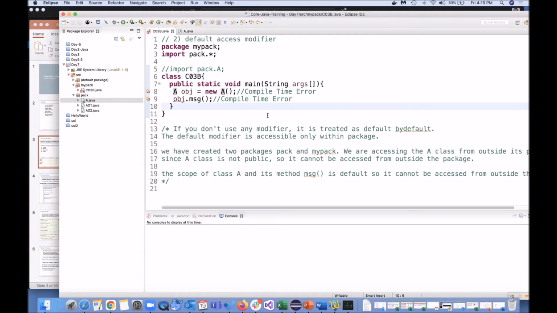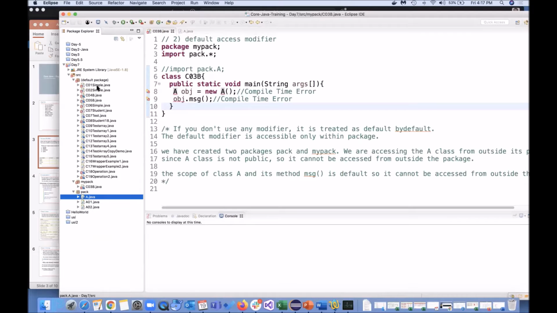So these are simple examples to show that. And these things are known as scope: public scope, private scope, protected scope, or default scope. Fine, let's move back to our default package.